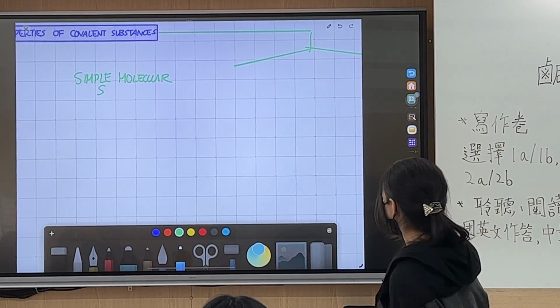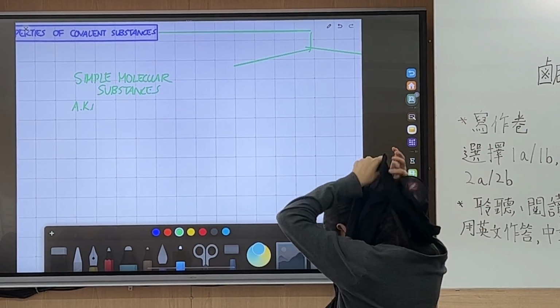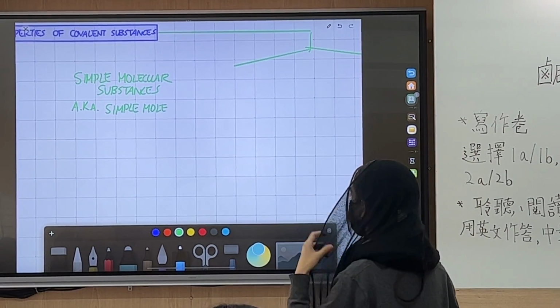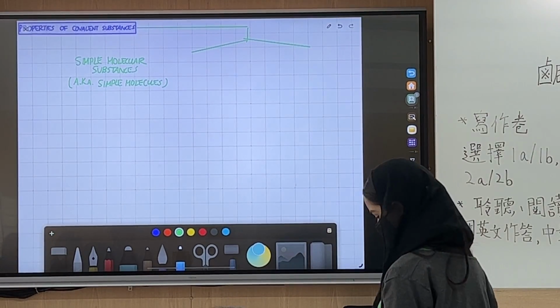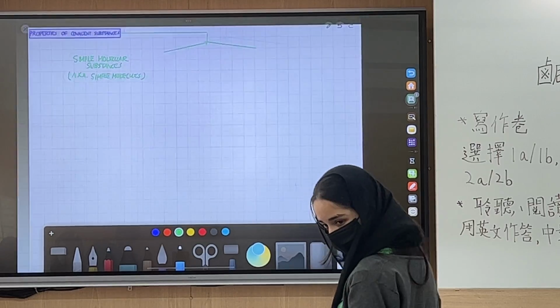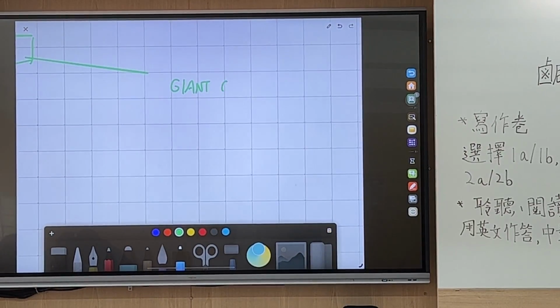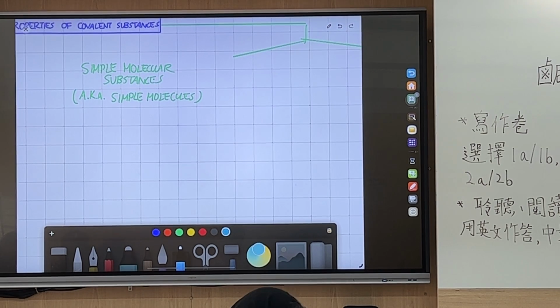So simple molecular substances, also known as simple molecules. When you see the words simple molecules in your textbook, it means simple molecular substance. This is one type of covalent substance. The other type, which you see on the other side, is the giant covalent structures. So under simple molecular substances, I want you to put down a bunch of